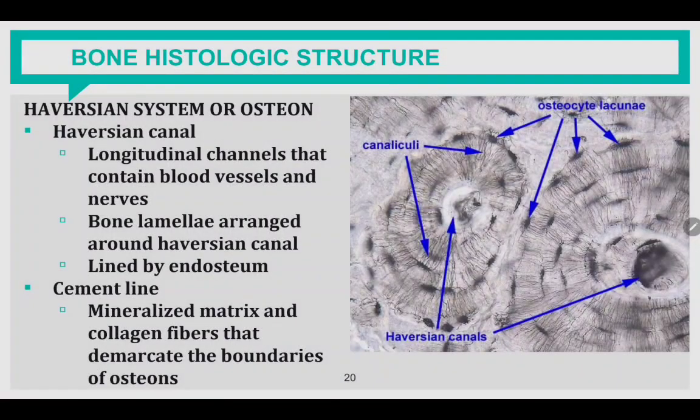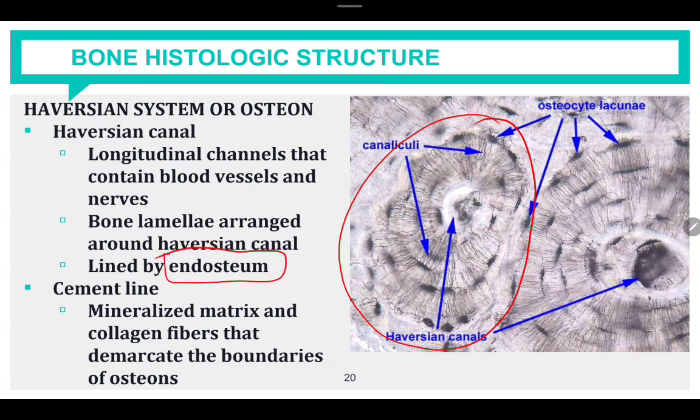Okay, so let's move on sa ating next slide and talk about the Haversian system or an osteon. What is an osteon? Okay, an osteon is ito siya, itong buong ganito. Yan. Okay, ang tawag dyan is osteon or Haversian system. In the osteon, meron tayong tinatawag na Haversian canal. Okay, or the central canal. These are longitudinal channels that contains blood vessels and nerves. The bone lamellae arranged around the Haversian canal and is lined by, yes, very good, you got it right,